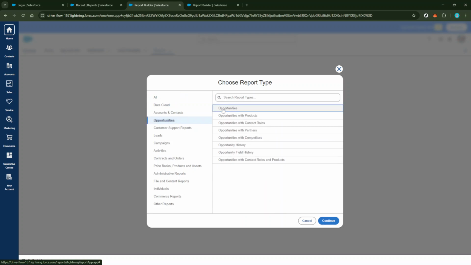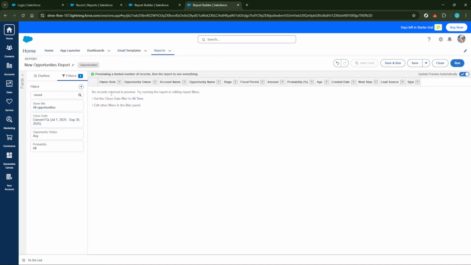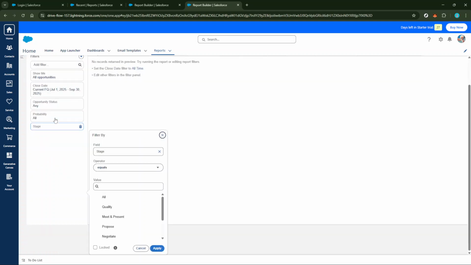Once you've selected Opportunities, you'll notice a Continue button. Go ahead and click it. This action takes you to the Report Customization area where we'll fine-tune our report to meet specific criteria. Now, our focus will shift to applying filters, which refine the data we intend to examine. First up, we'll set the filter for the stage field to Closed Won. The filter ensures that your report only displays opportunities that have successfully converted into sales, giving you a clear picture